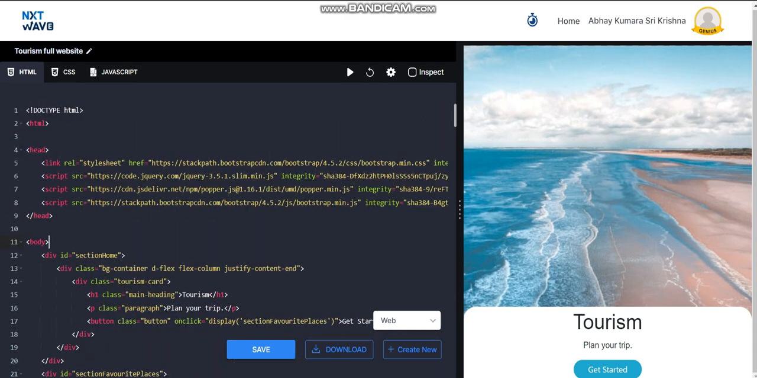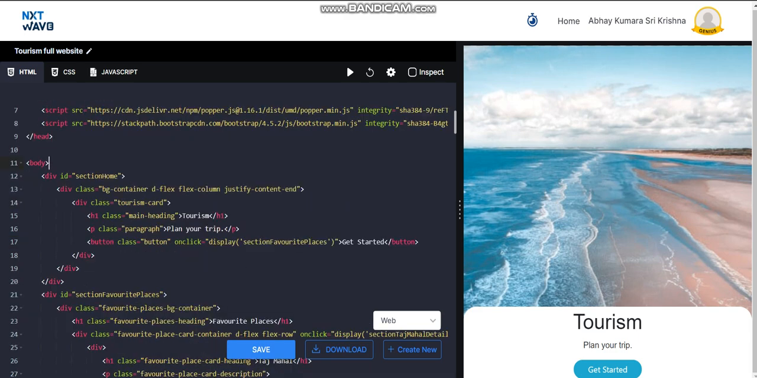The starting is just basic HTML syntax, and then as you can see we have added the Bootstrap 4.5.2 version. Now coming to the body. Before starting we need to learn about the attribute ID. Any container element can be uniquely identified by this attribute ID,